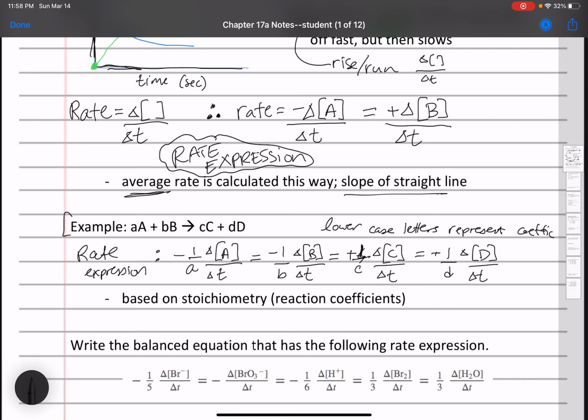Okay, so over some period of time, let's say, 10 to 20 seconds,